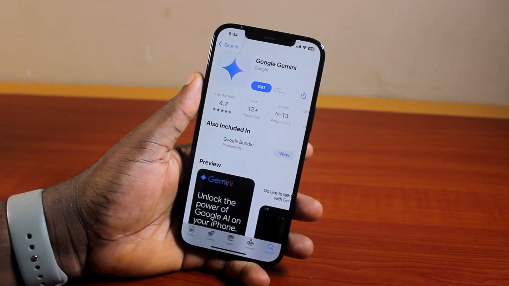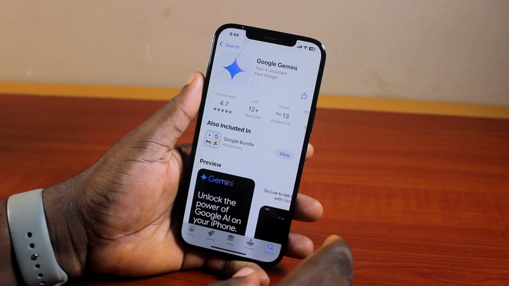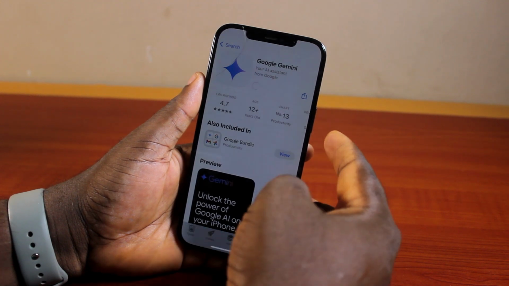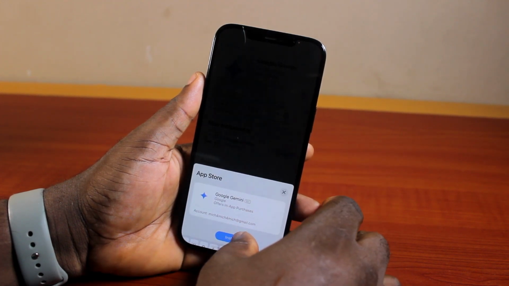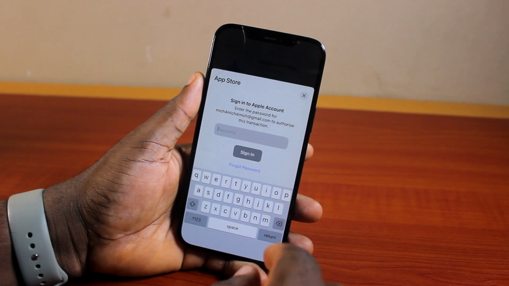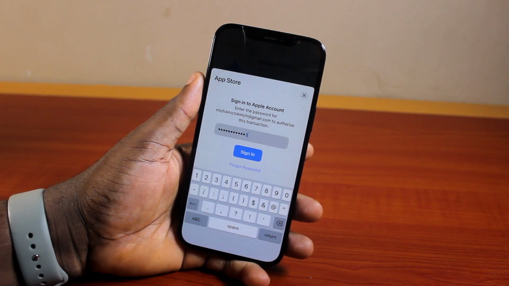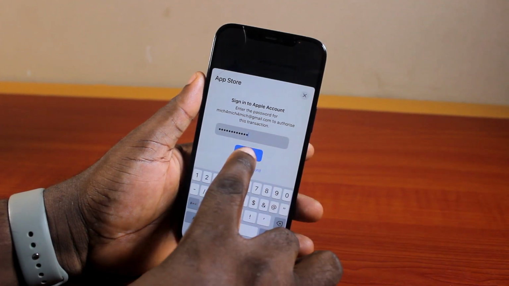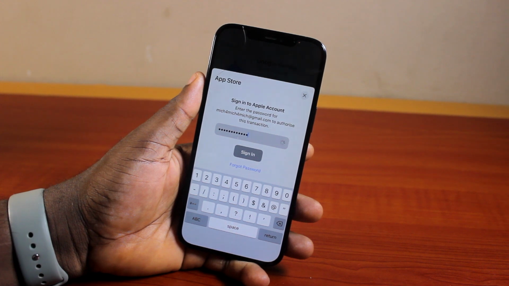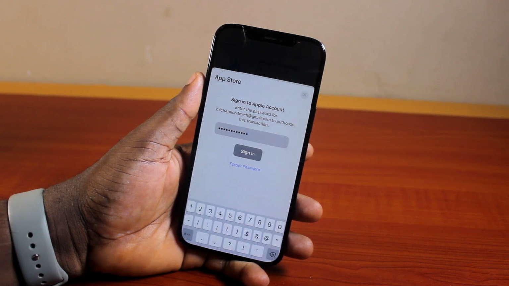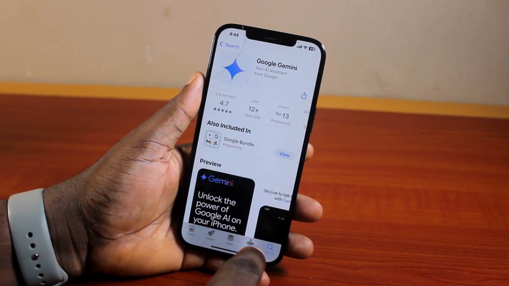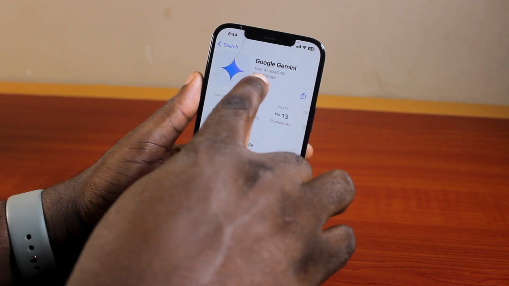Then you'll be prompted to get, so click on the get button. In this case, you may be prompted to double-click the side button, or tap install from the pop-up, and then confirm your Apple ID account password. Once you confirm your Apple ID account password, go ahead and click on sign in and then hang on a couple of seconds. Then once your Apple account password is confirmed, you should see the Google Gemini installing